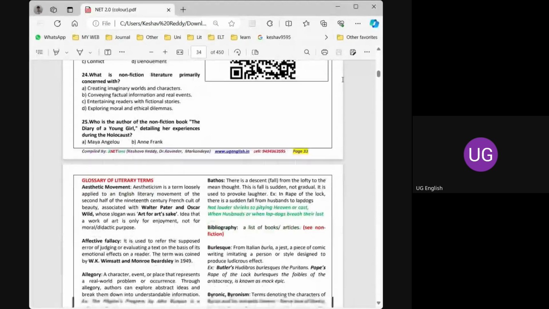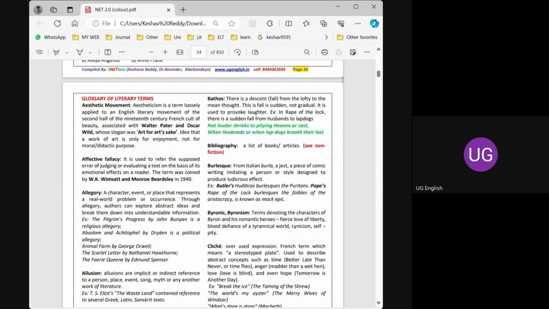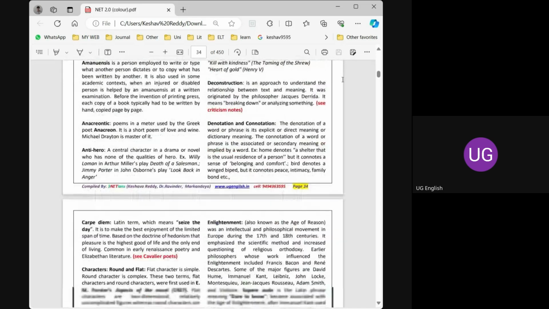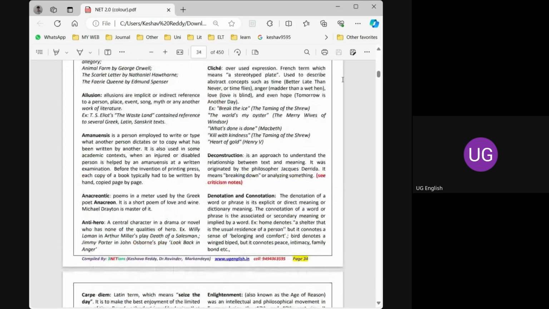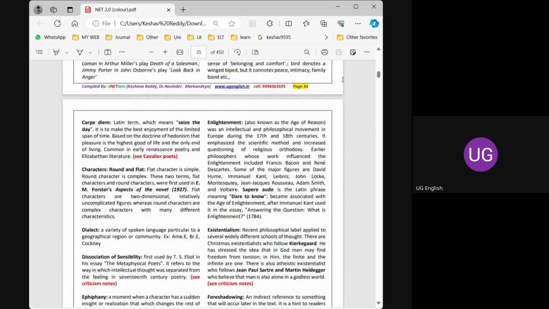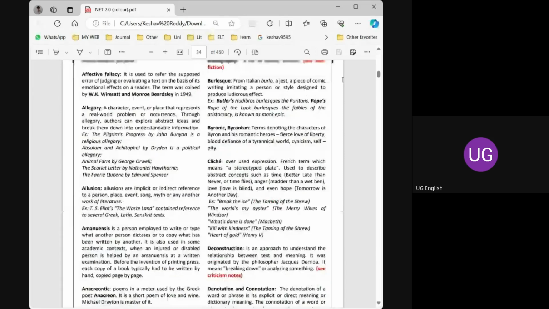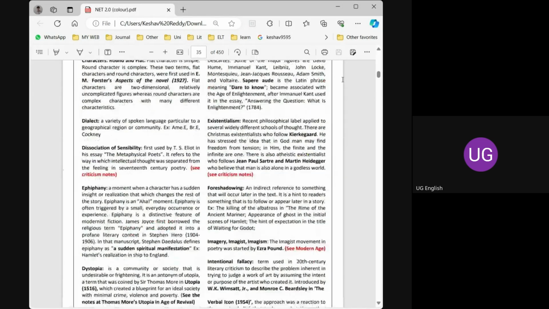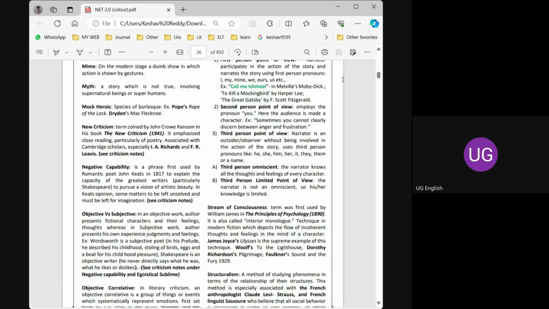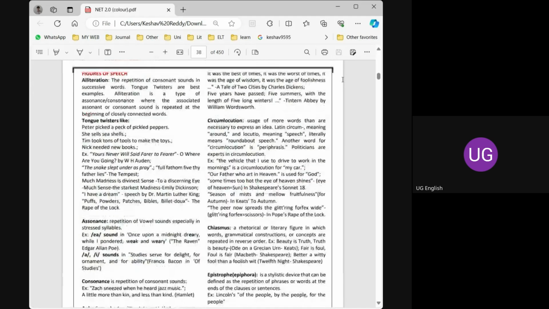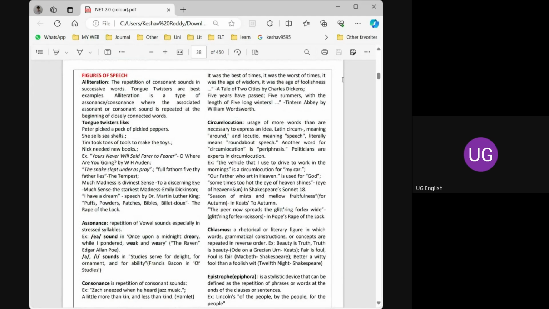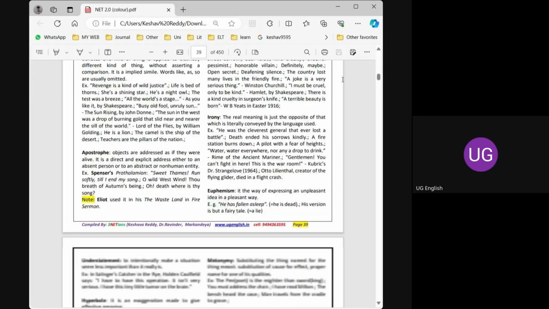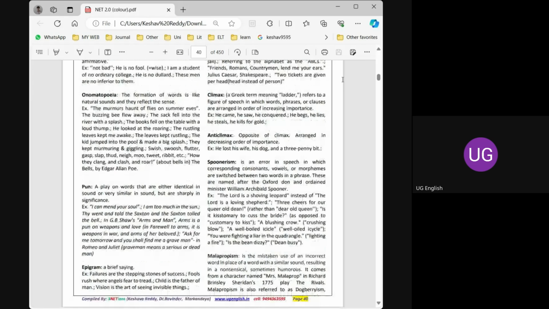No issues. And we have some literary terms, but these terms are discussed contextually. I think we need not discuss all these terms in detail today or tomorrow because we get all these terms contextually. So these are for your reference purpose. And next, we have a chapter on figures of speech. This is a very important one, so we'll get at least one question from this area.